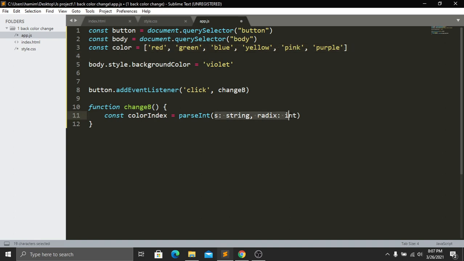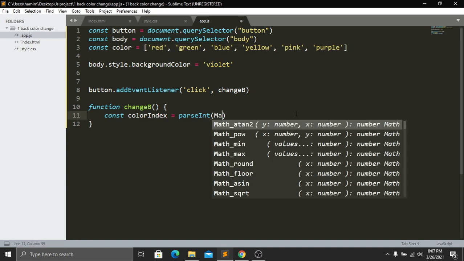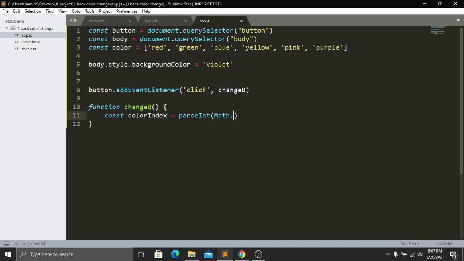And here we have to write a function, and the function will be Math.random. This Math.random is actually an inbuilt function of JavaScript. We don't have to write any other code for this function. And what does this function do? Let me tell you. This function will take the values randomly.